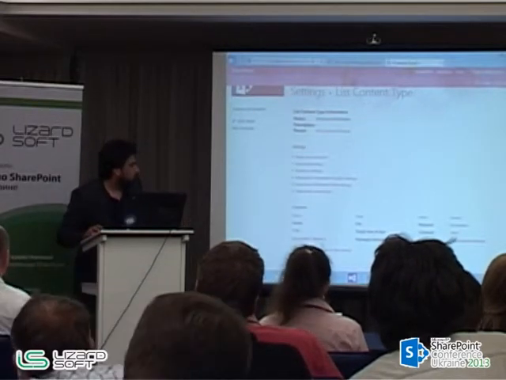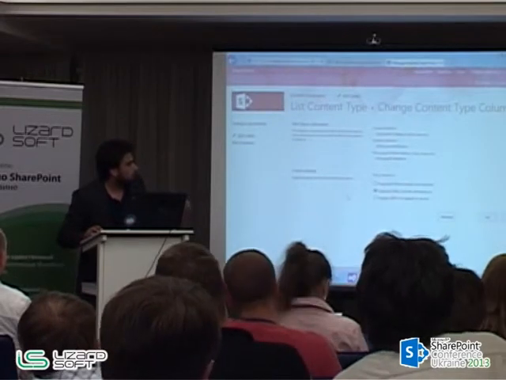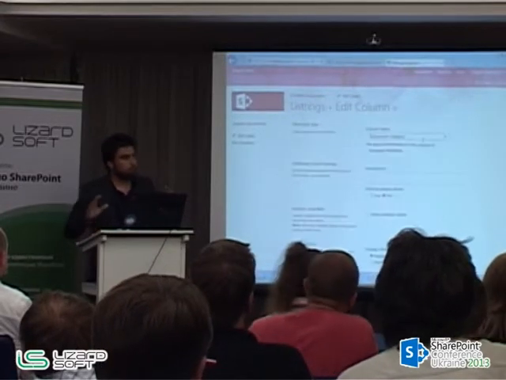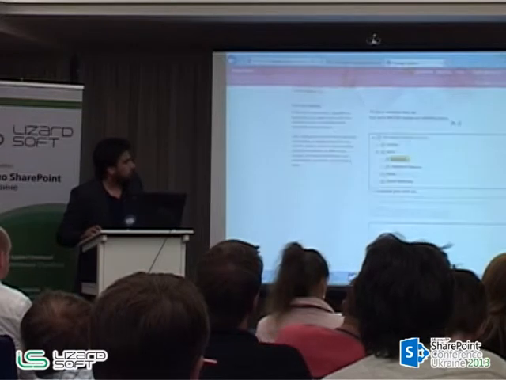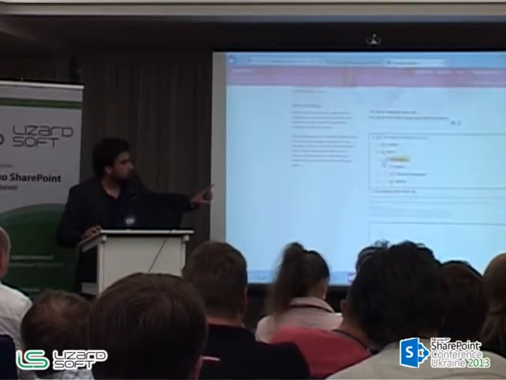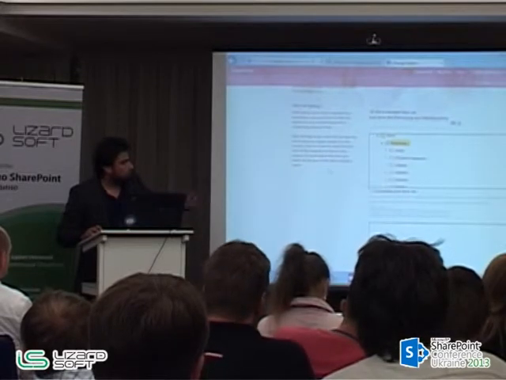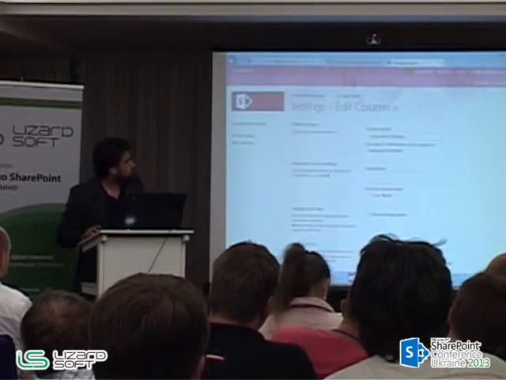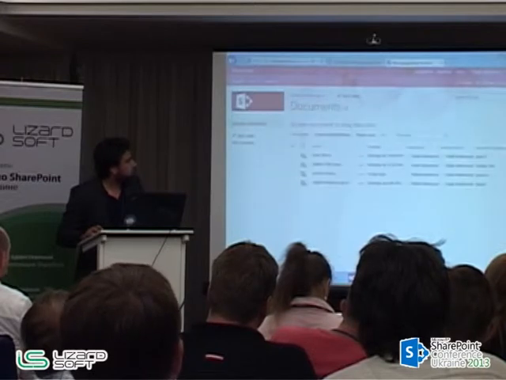Okay. And if we see this document category column, that is connected to the Manage Metadata Service. You can see here it's connected to the electronic term set. So what happens is when somebody tags a document or uploads a document here, for example,